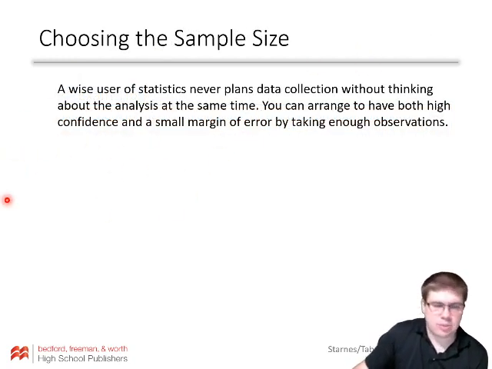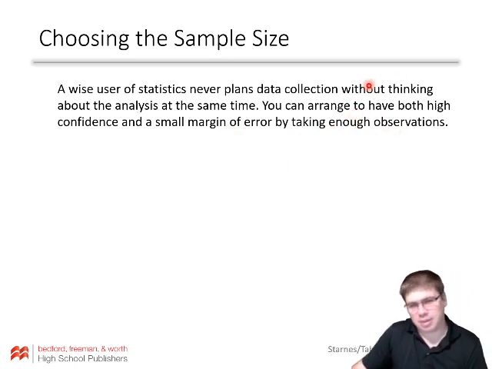Choosing a sample size. We did this for proportions, and we're going to do this here. A wise user of statistics never plans data collection without thinking about analysis at the same time. You can arrange to have both high confidence and small margin of error by taking enough observations. If you have enough money and time to do that, that's generally going to be best to shrink that margin